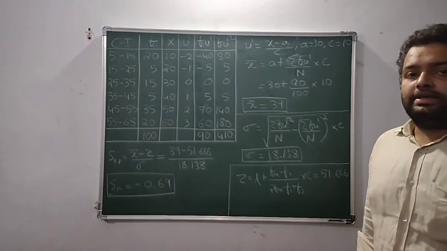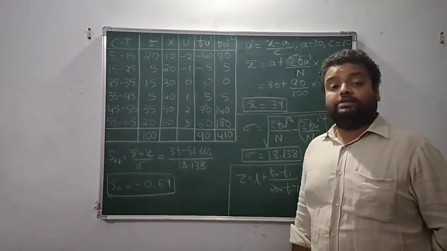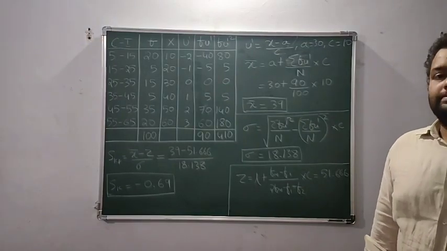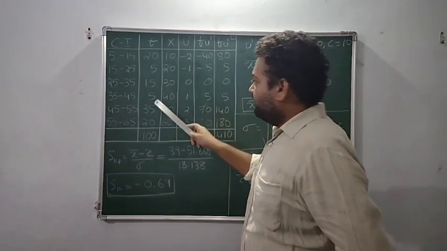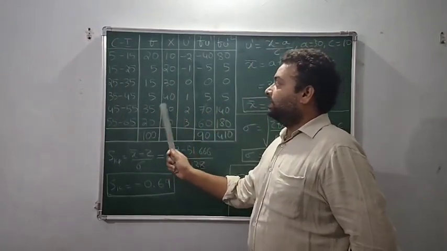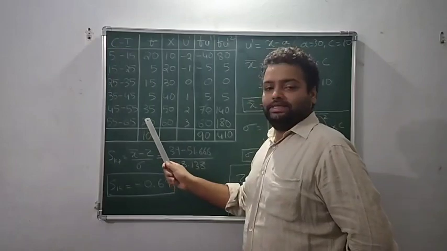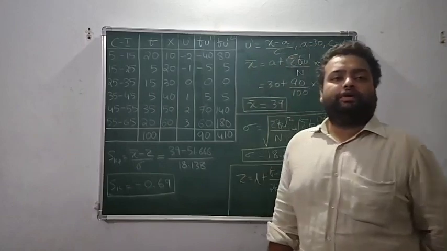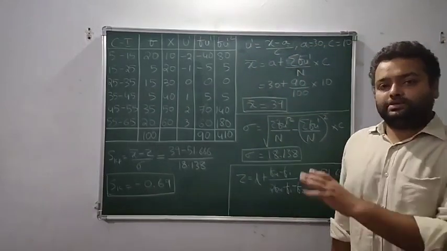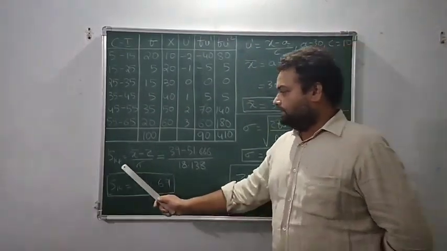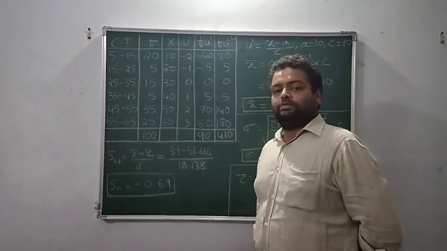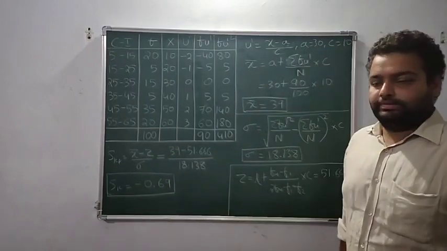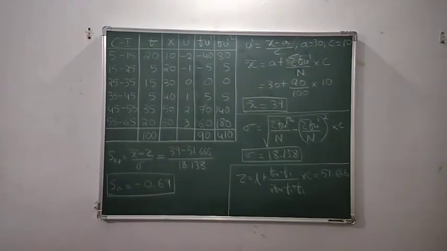Like I told in the previous problem, we have to again check whether the distribution is a unimodal distribution or not. So we look into the frequency column here, we have the value 35 and it is the only highest frequency here. So 35 corresponds to the class interval 45 to 55. So we confirm that this distribution is unimodal. So we can go for this formula here, that is Karl Pearson's coefficient of skewness is equal to x bar minus mode divided by standard deviation. Now let us solve all the formulae one by one.